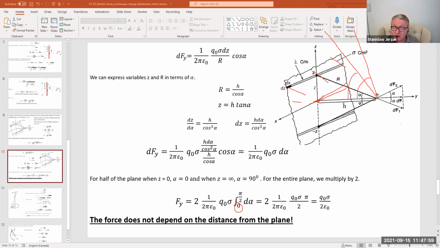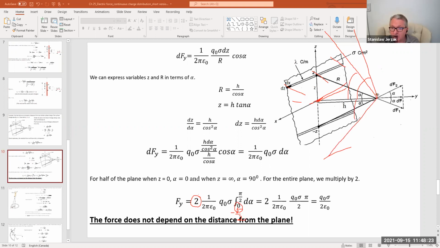So I integrated over the half of the plane. Now, the bottom half of the plane would give me the same result, so I multiply by 2. But if you would not multiply by 2, then you would have to take limits of integration from negative pi over 2 to pi over 2. Because you see, when that line of charge would be somewhere here,